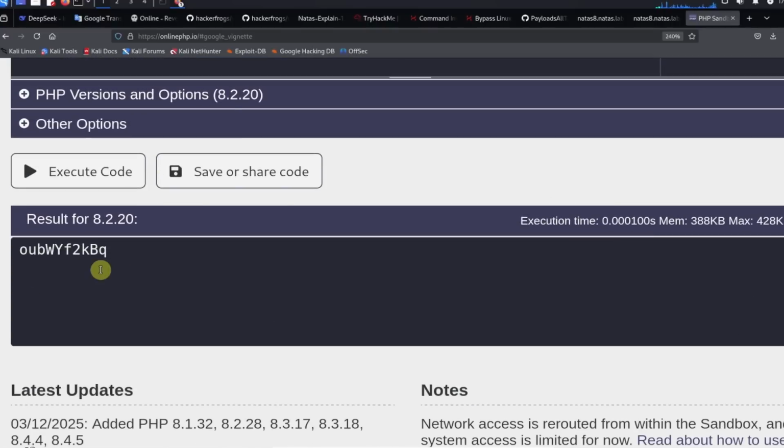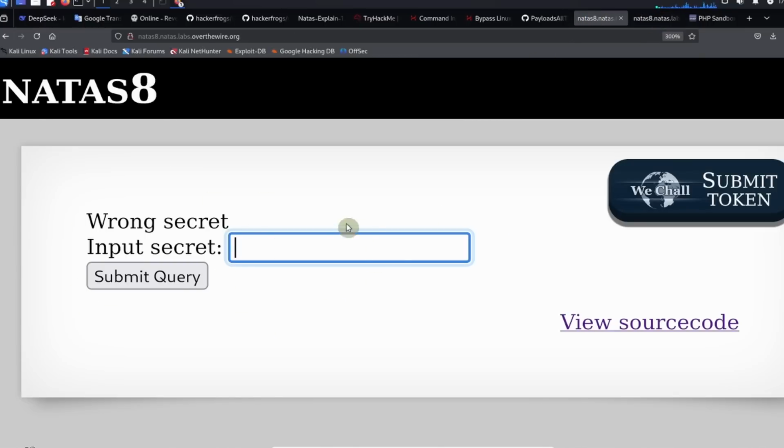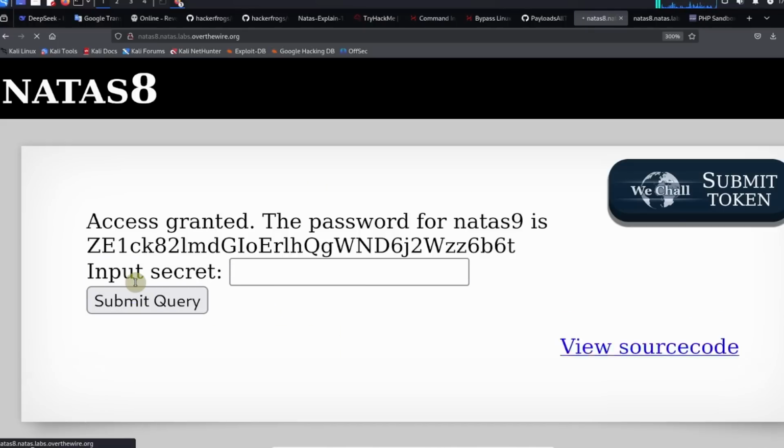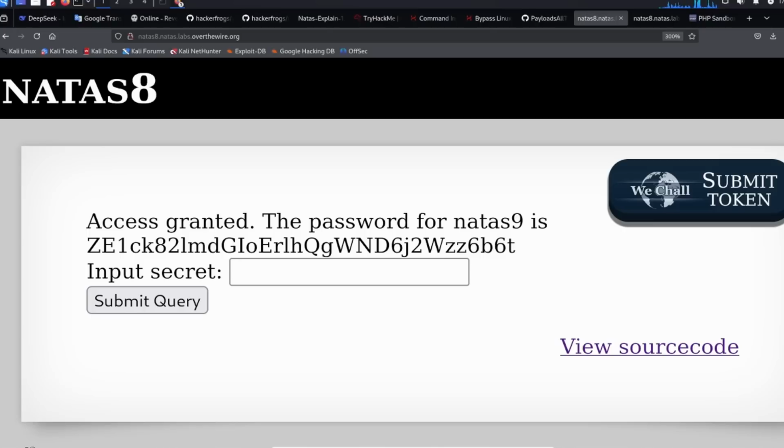We get down here and we see that this is the output, which means that this is the password we need to finish the level. So we're just going to copy this, and we're going to go back to Natas level 8. We're going to paste in the output that we got from the function, and then we're going to click on Submit Query. So after that, we see that password is granted to us. So the password for Natas level 9 is this right here. So we're just going to copy this, and we're going to